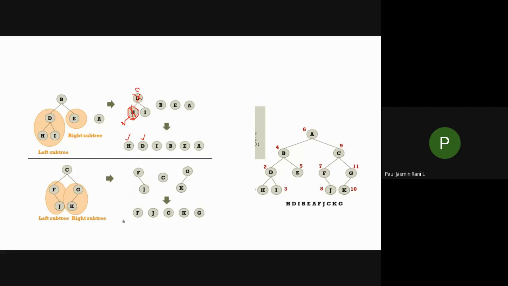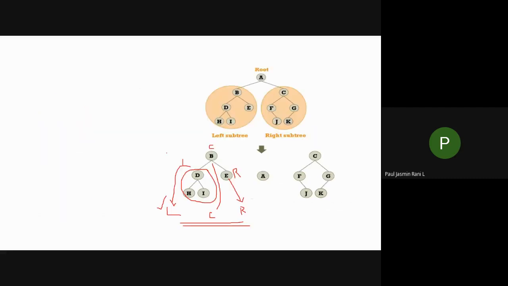If this D is printed, then I have to go to the right side. For this right side I have only one element, isn't it? After this I don't have any left or right. Now what I can do, I can visit this I. So now I visited H, D and I is over. Okay, so this part is over, so now I visited this part, isn't it?